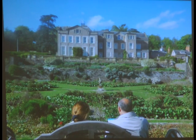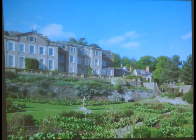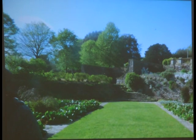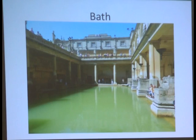You notice there's another terrace here. I didn't go down there to take a picture of the garden from there, but I could have. Didn't think about it until just this minute. So now,